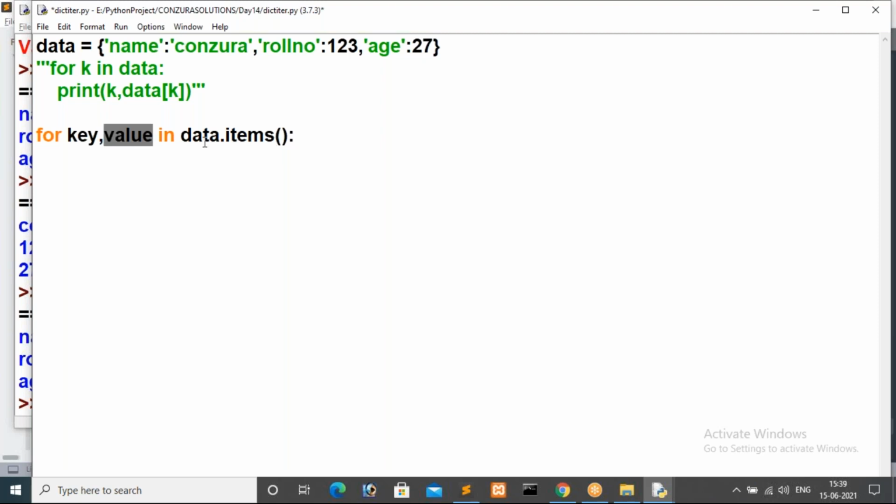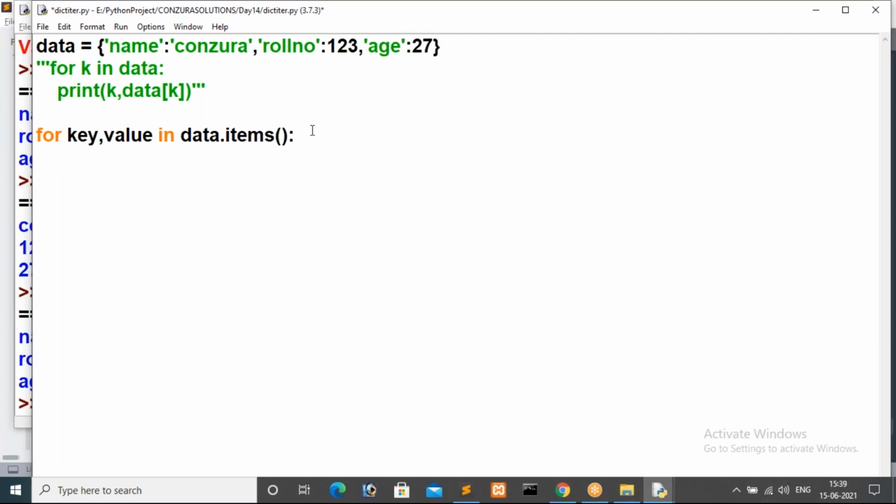In the second iteration, the second key is stored inside key and the second value 123 inside value. In the third iteration, age will be stored inside key, and 27 inside value.